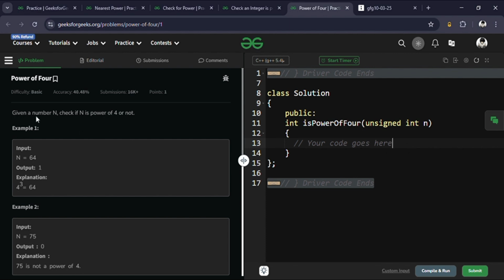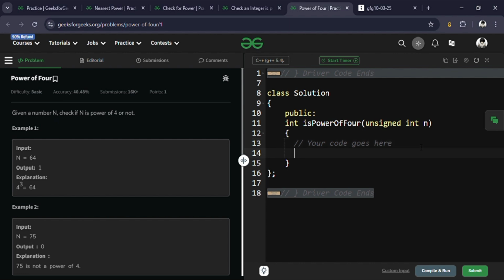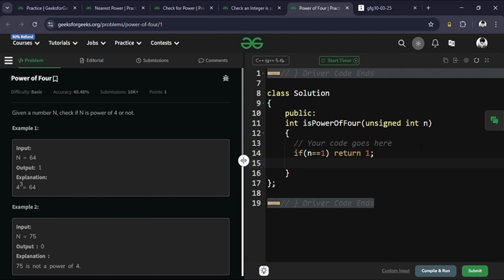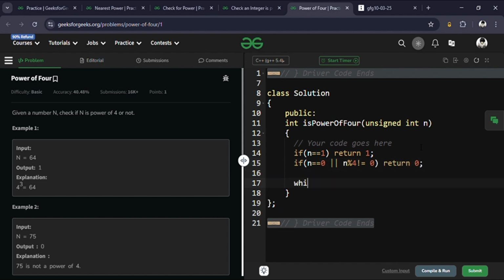Given a number, okay, here I have written 1 or 0, right? So similarly, if my n equals 1, so I will return 1 from here, that is true. If my n equal 0 or if n is not divisible by 4, that is n modulo 4 not equal to 0, then return 0 from here. Now let's check if while n greater than 1,